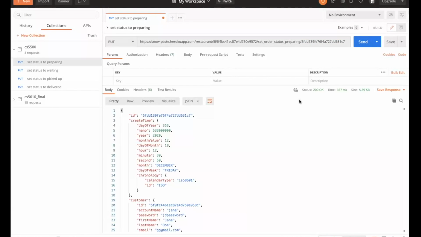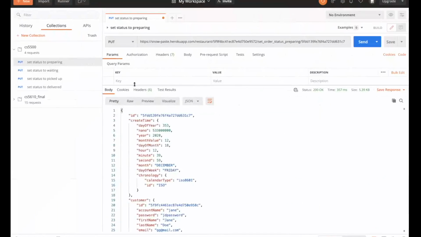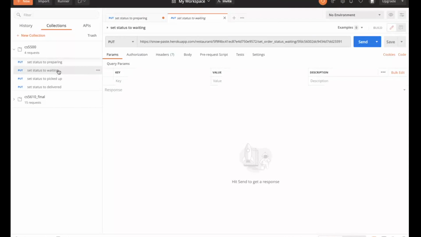And you will see the status code is 200, which means it's successful. And if we go back, you will see the status has been updated to preparing. So the next step is when the restaurant has finished preparing the order and then the order is waiting for